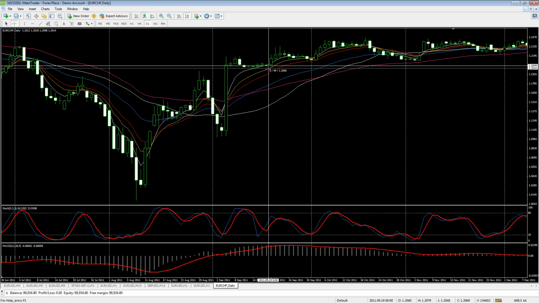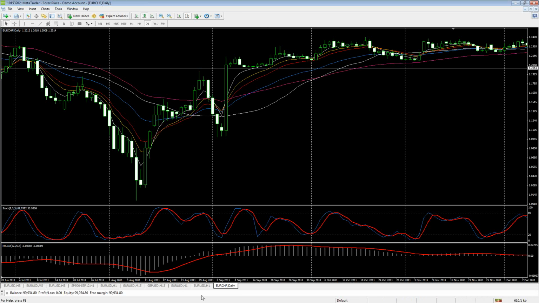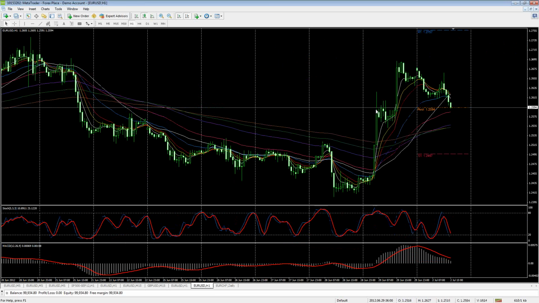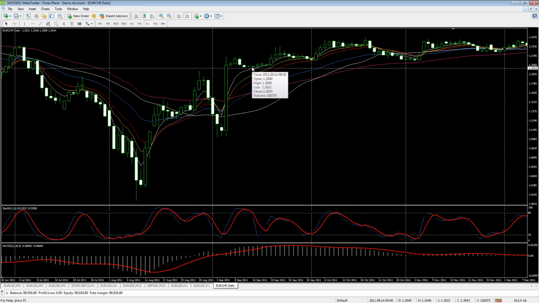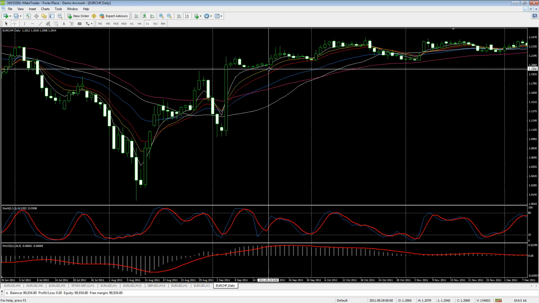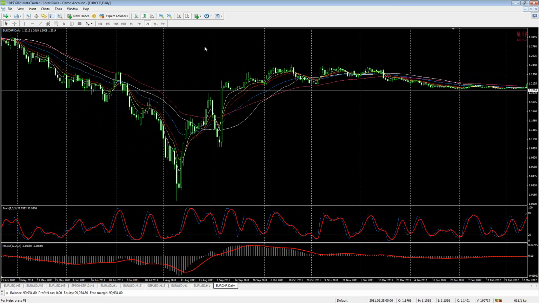So I knew that at least at the beginning, this pair is not going anywhere down. It was going only up, okay? Unlike the euro dollar, which could have gone down all the way, and it happens many times. With the euro Swiss, I knew it couldn't happen because of the central bank. So I just waited about 9 days, and here, around here, I opened a large position, and I knew that